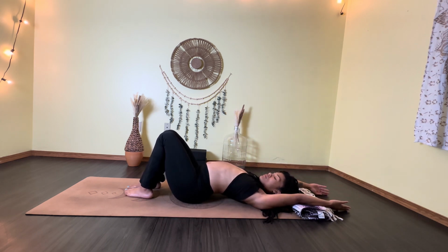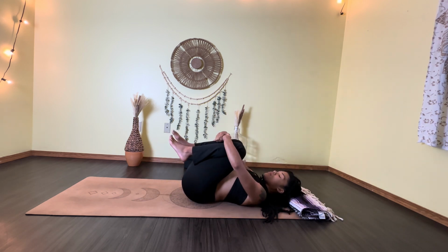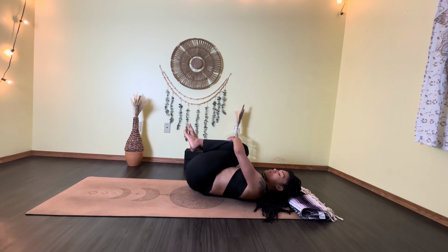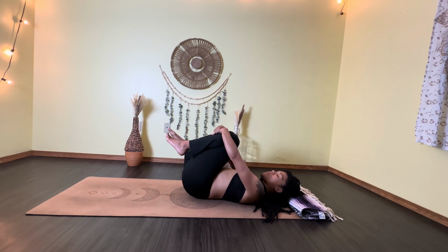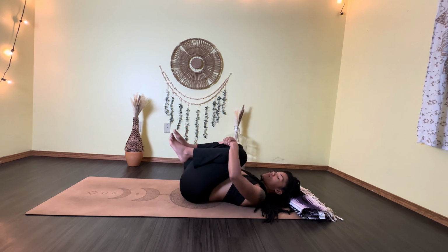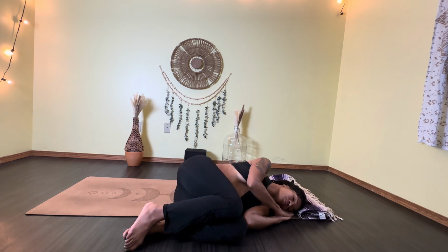Inhale, bring the arms up and overhead, giving yourself one last nice stretch. Bring your knees into the chest, giving yourself a gentle hug, rocking side to side and thanking yourself for showing up for this practice, showing up for you. When you're ready, roll on to that right side